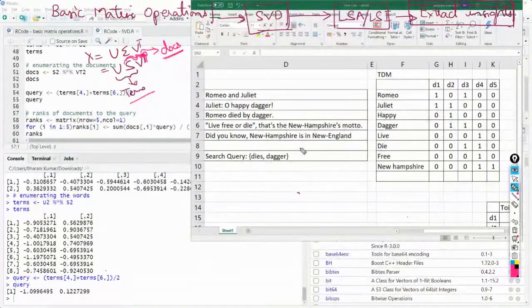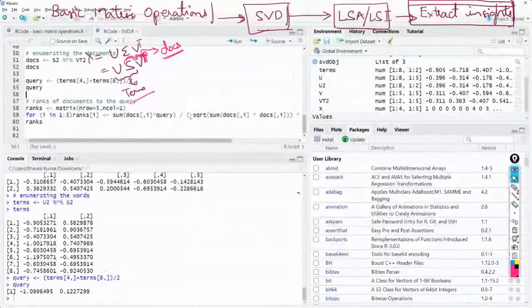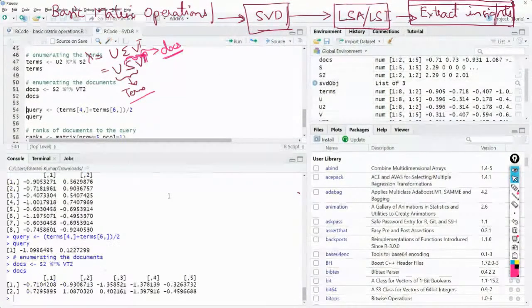Here you capture terms, here you capture documents. Okay, so when I multiply S into this, it captures the documents. This captures the information of documents.